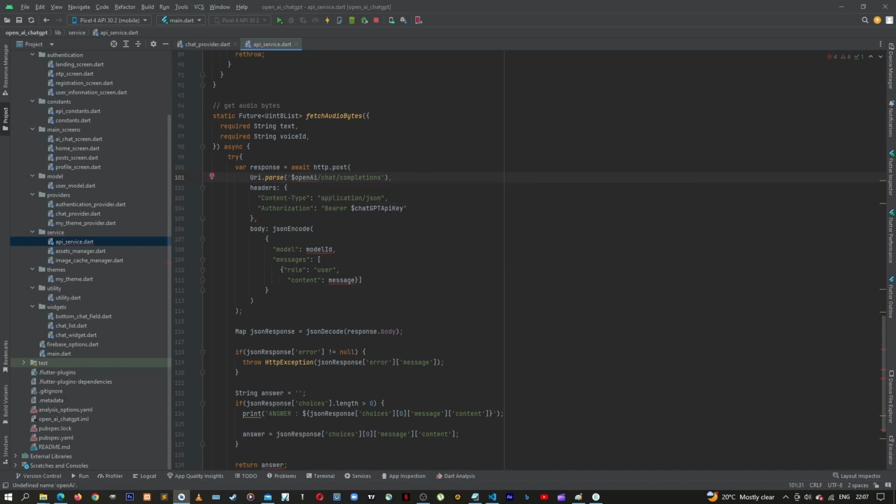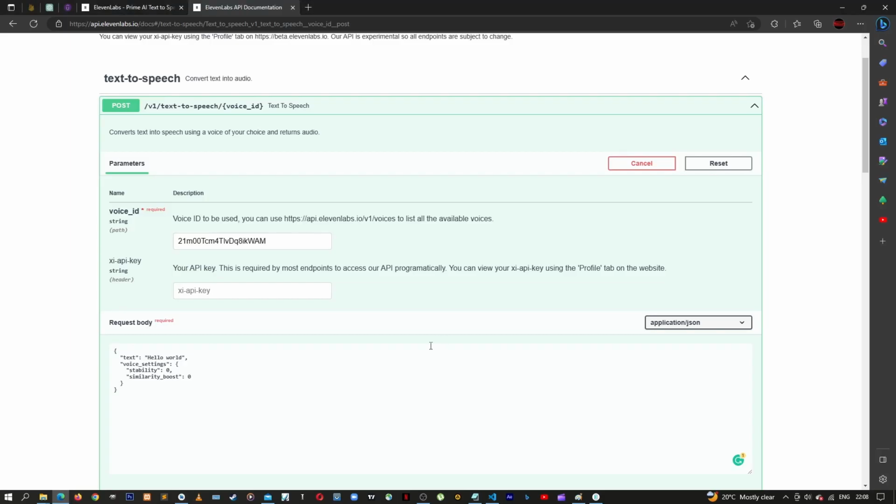OpenAI. Sorry, we named it as Elevenlabs base URL. And then this side now, what we want to do is we want to keep this slash, and then what we want to add is our voice ID, which is when we come back here,